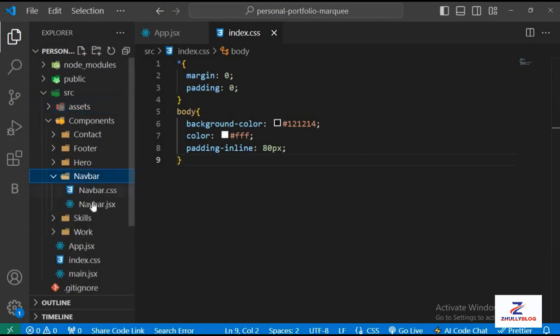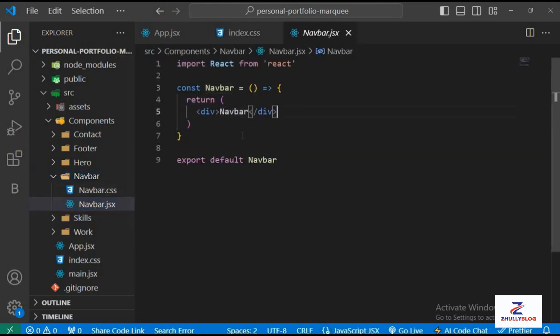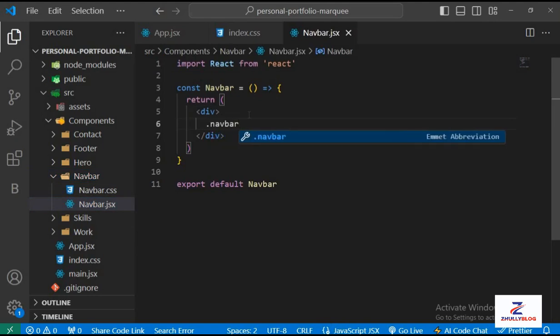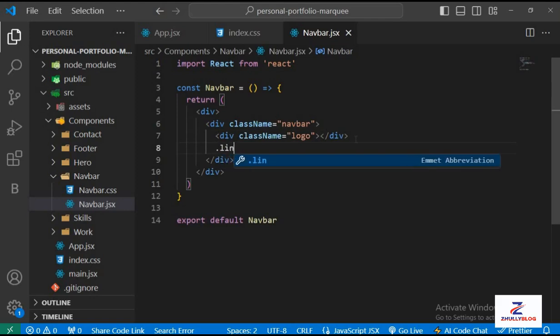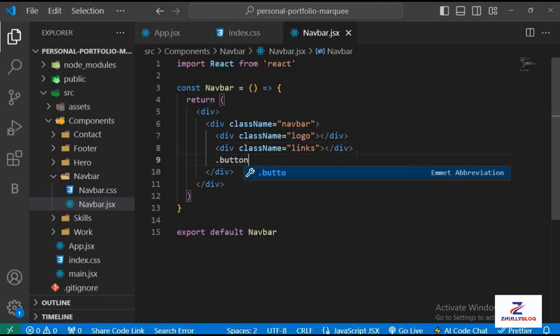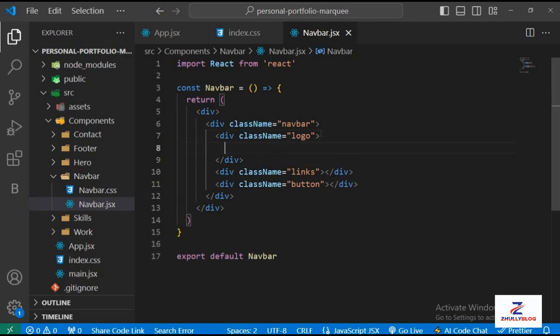So I'm going to open the navbar folder. So for our navbar file, navbar.jsx, first off, I'll start by creating a div tag with the class name of navbar. So we're going to have 3 div tags for the logo, we're going to have for the links, and we're going to have for the button. So at the logo section,